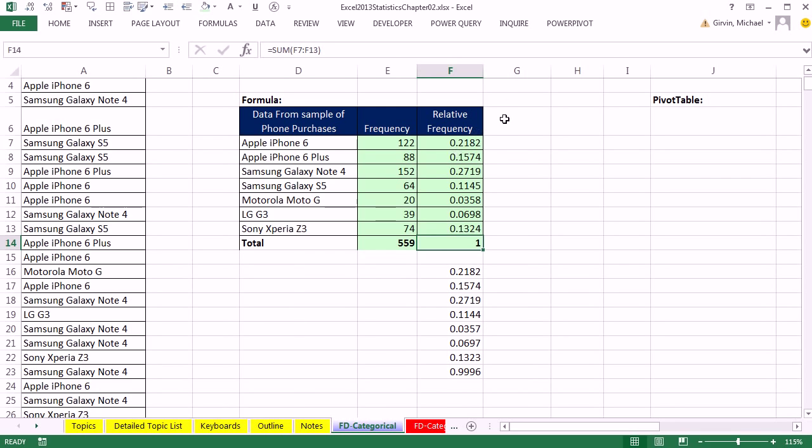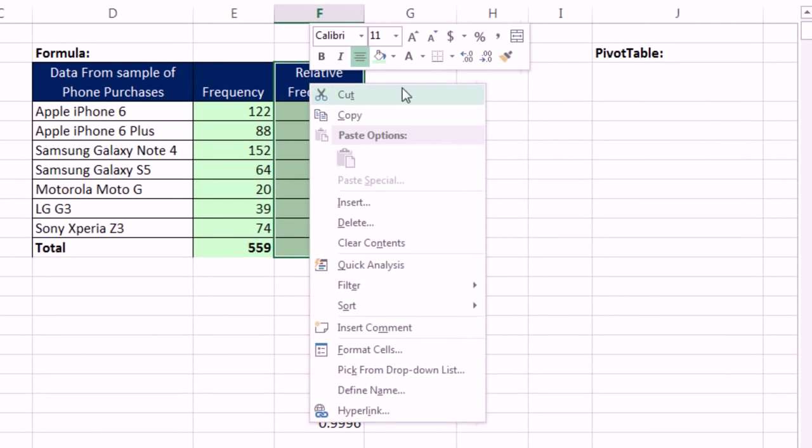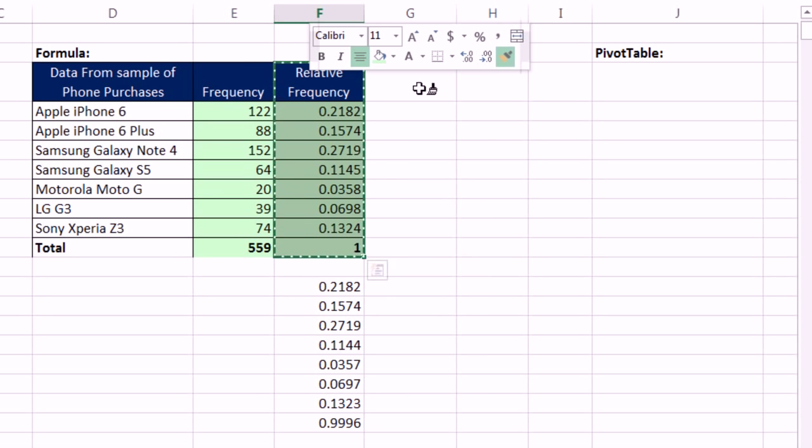All right, now we're going to add a column for percent frequency. And I'm actually going to show you how to do it 2 ways. The way I prefer, and the way the textbook does it, which does have some uses occasionally. Now, I'm going to cheat here. I'm going to highlight this whole column and right-click, and I'm going to double-click the paintbrush.